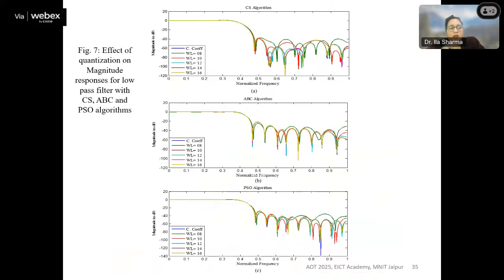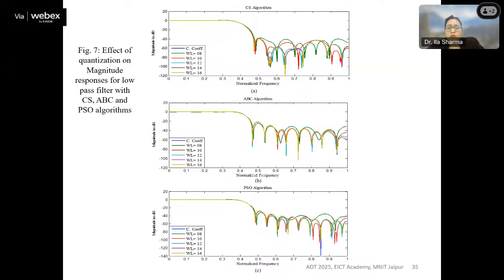And you can recall I told you about quantization. I show this slide for a specific purpose: whenever we quantize our continuous coefficients, by rounding off or truncating, we limit those values. For example, the coefficient value is 0.0012 up to 10 to the power 12.